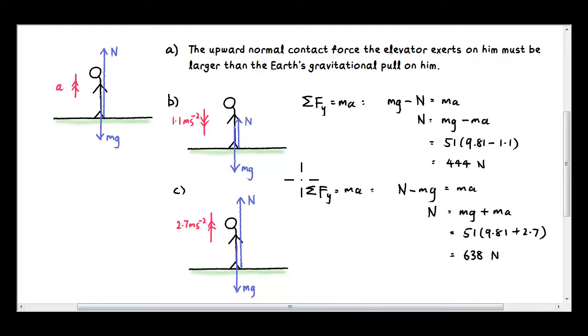Just a note, this question illustrates the difference between the man's true weight and his apparent weight. The true weight, which is the gravitational pull, is always fixed. It doesn't change. The apparent weight, which is really the man's sensation of his own weight, is through the contact force between him and the lift's floor. As you can see, depending whether the lift is accelerating upward or downward, his sensation of his weight changes. When the acceleration is downward, he feels a bit lighter than usual, and if the acceleration is upward, he feels heavier than